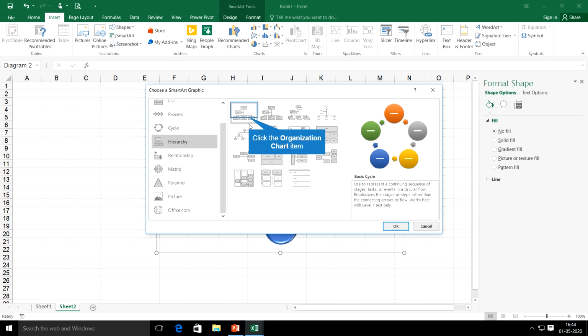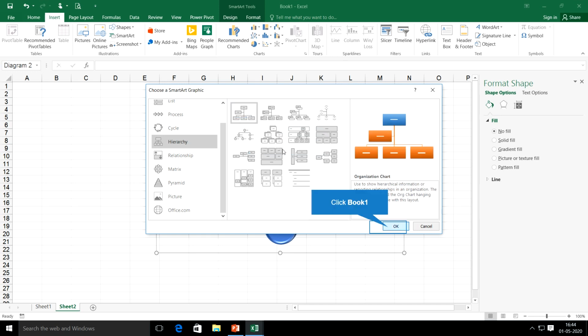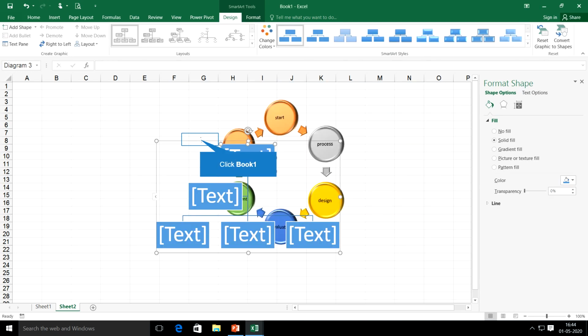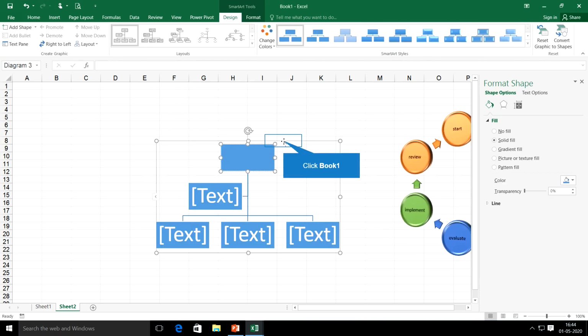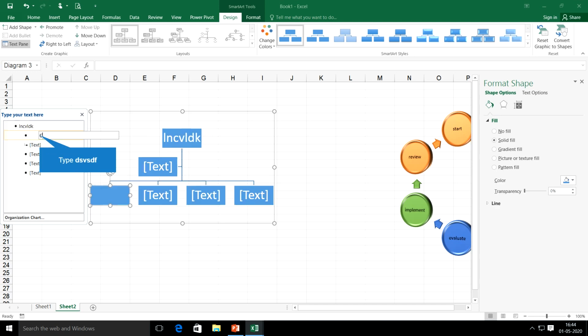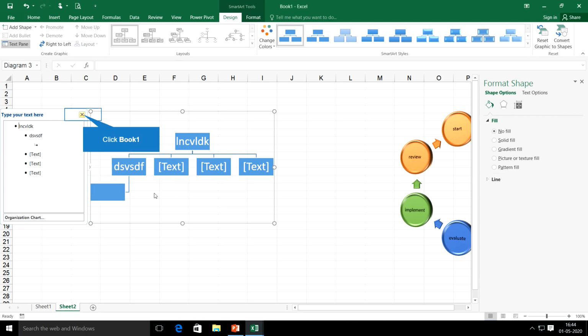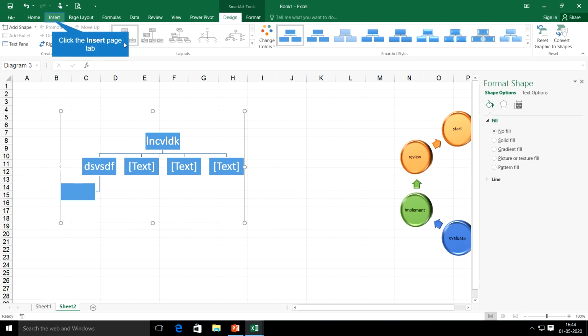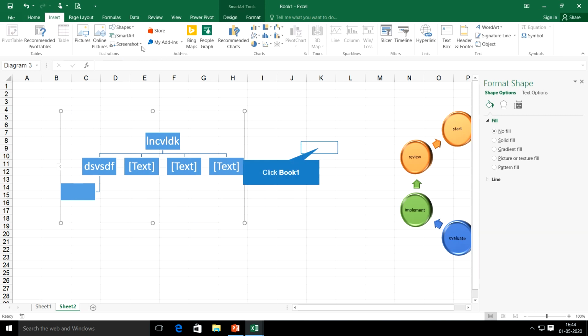Okay, so hierarchy. So you can draw a flow chart or a hierarchy chart by using these particular options. Okay, so selecting any one of these options and clicking OK, that will give you a hierarchy. So here again you can go here and insert the hierarchies. This way you can insert subordinates from one line to another line and so on. So this is how you will be working with smart arts in Excel.